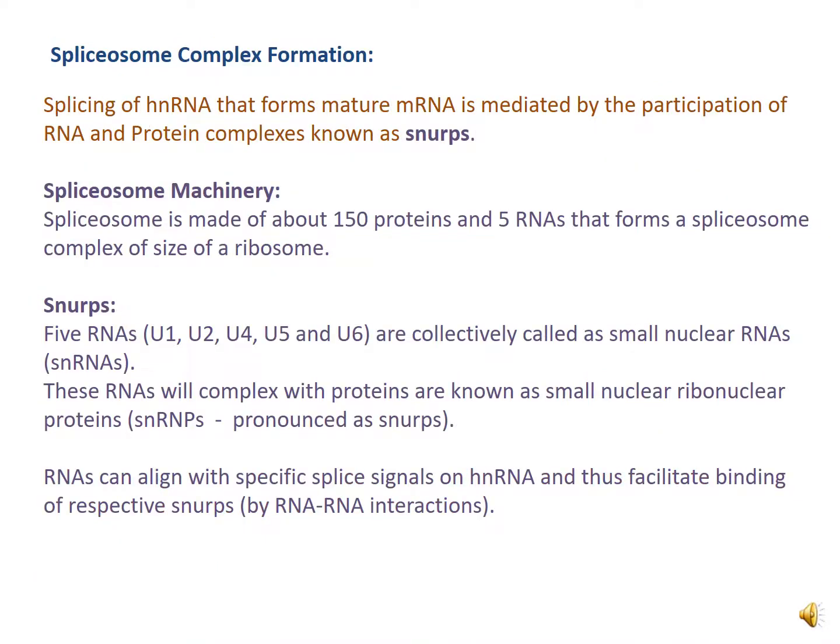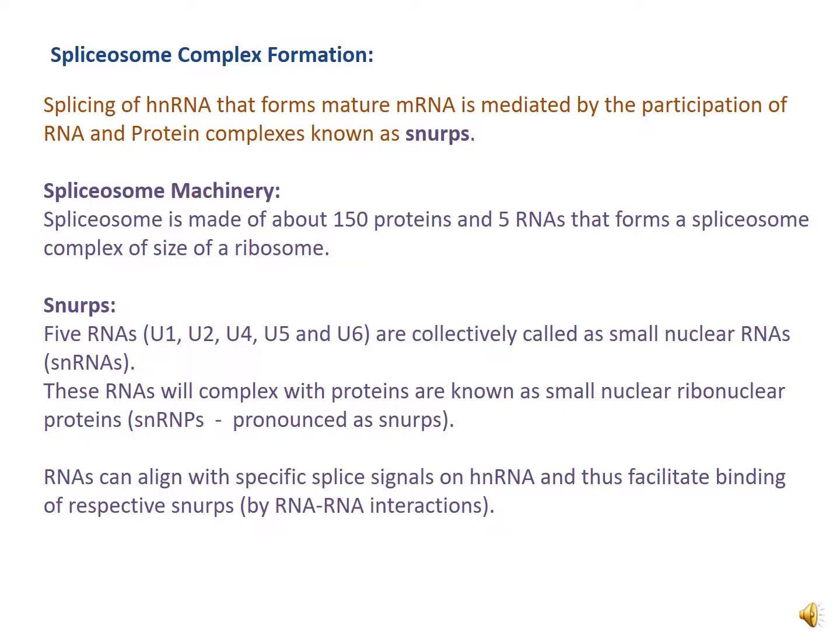Spliceosome complex formation proceeds sequentially in a stepwise manner, which is a very critical event that eventually results in heterogeneous nuclear RNA forming mature mRNA. This is mediated by the participation of RNA and protein that exist as a complex known as snRNPs. Altogether, the spliceosome machinery includes about 150 proteins and 5 RNAs that together form a spliceosome complex about the